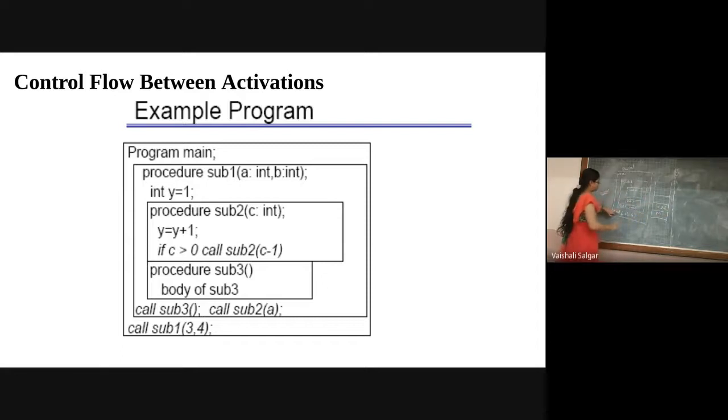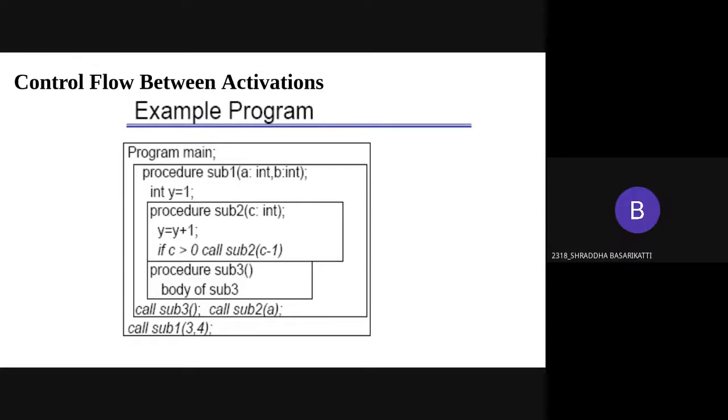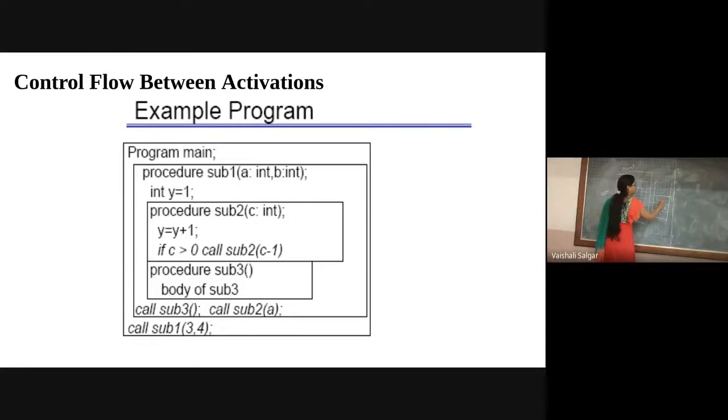Now from sub 1, control will be transmitted over here. So from sub 1, what are we calling? Yes, tell me, from sub 1, which procedure is called? Sub 2, sub 3. So it will put sub 3 on the stack. After sub 3, which call is there? Sorry, from sub 1, sub 3 and sub 2. Right? Now, whenever there is a call, we are putting those things in the stack. Okay. Now, over here in this way, my stack will be allocated, right?